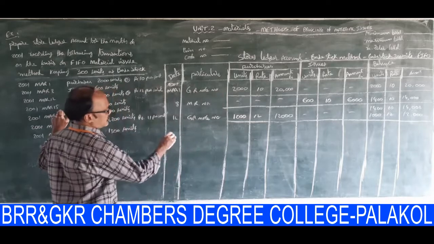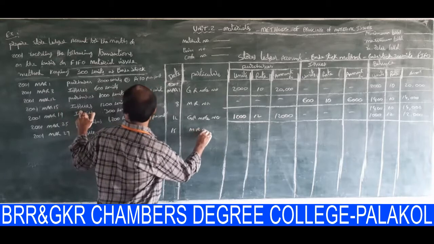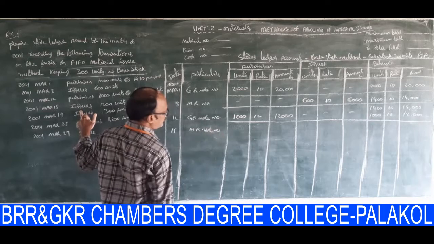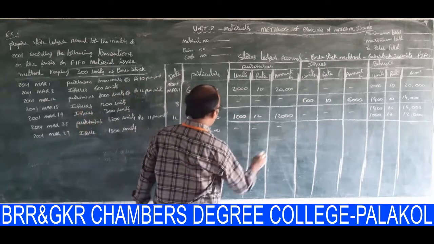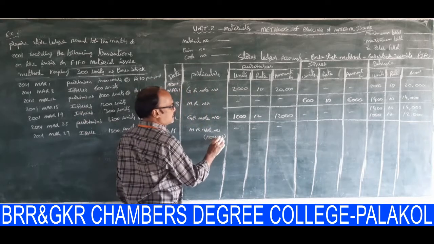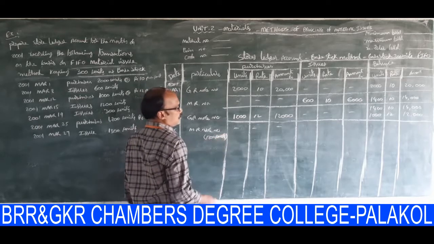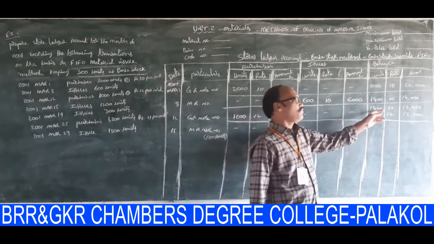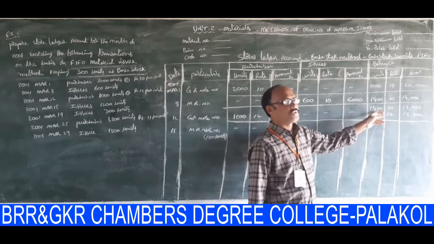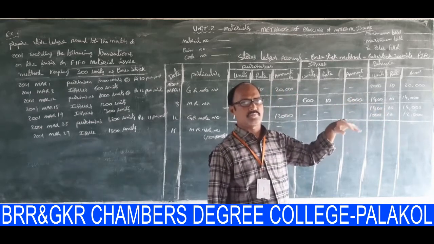Next, March 15th, issues. Issues means MR note number. How many units wanted to issue? 1200 units. Look at the board, please. 1200 units wanted to issue. Here only 1100 units are eligible to issue, because why? From this we have to maintain 300 units of base stock, remaining 1100 units are eligible to issue.